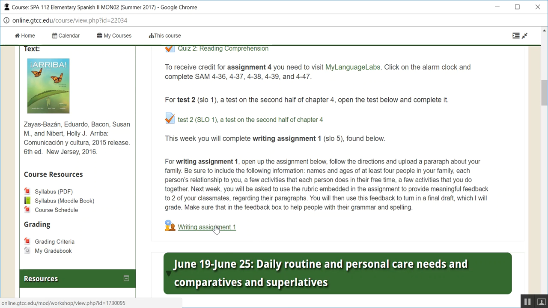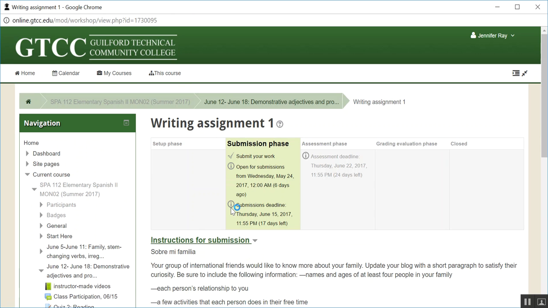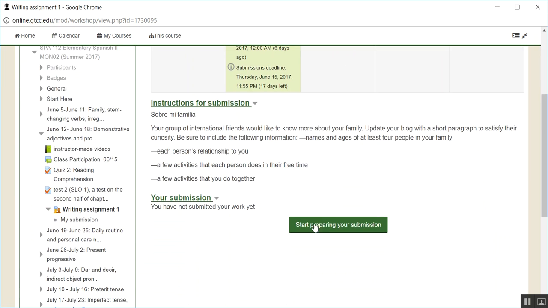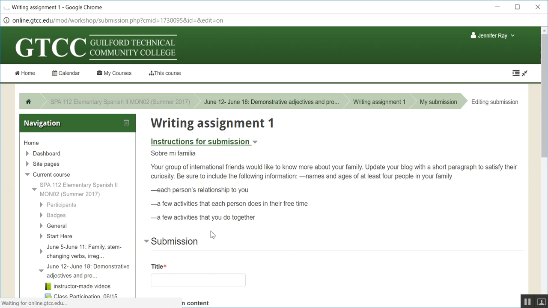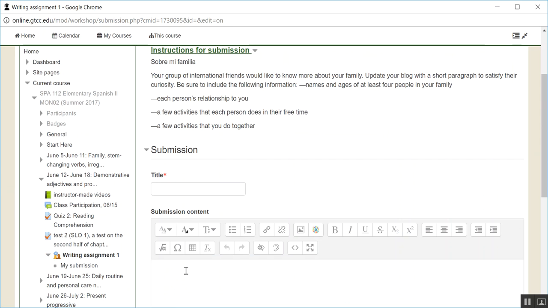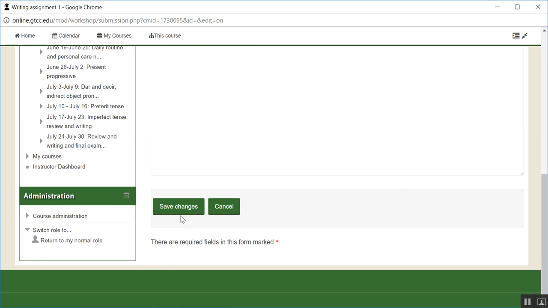Okay, so to do this assignment, you'll just click on writing assignment 1, and then you read the instructions, which I just went over, and you'll hit start preparing your submission. You can write your name as the title, and then you'll put your short paragraph about your family, including names and ages of at least 4 people in your family, their relationship to you, a few activities that each person does in their free time, a few activities that you do together, and when you're done, you'll click